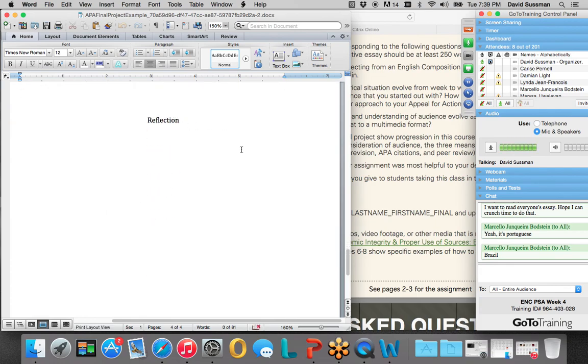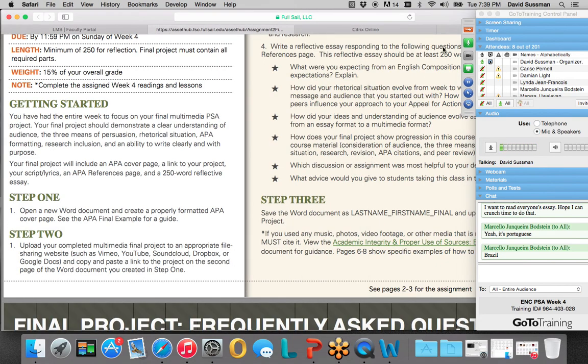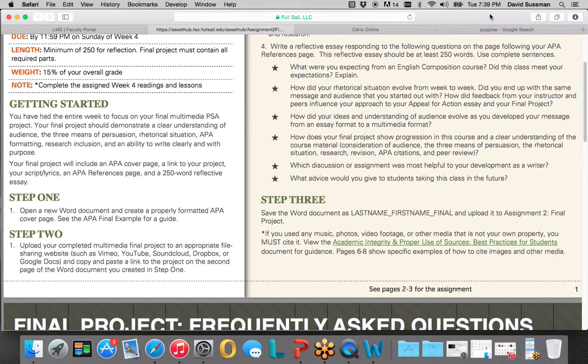The reflection actually has very specific things you have to answer, and they're found on the assignment sheet. Again, I would say the two biggest flaws I see is people either just hand in the public service announcement and nothing else, or they complete all the components, but when it comes time to write a reflection, they just sort of make up a reflection instead of following the specific prompts you need to answer, which are contained on the assignment sheet. And they're over here on the right.